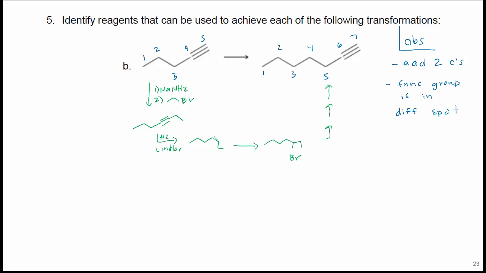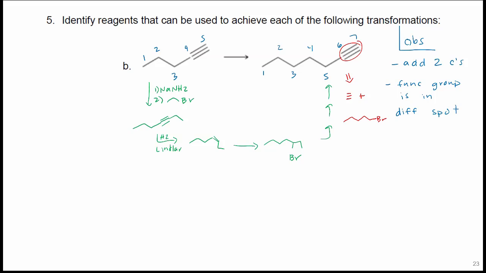There is a shorter way, which is where you start to think about these syntheses a little bit more abstractly. What I can recognize is that I added only carbon 6 and 7. So what if 6 and 7 were the alkyne, and the other thing I was adding was this. So now I just need to go from my starting material of the alkyne to this Br on the end, and then I can add that 2 carbon acetylene.